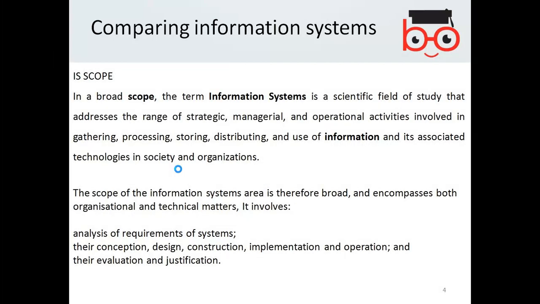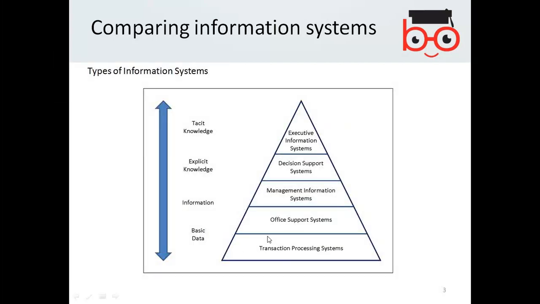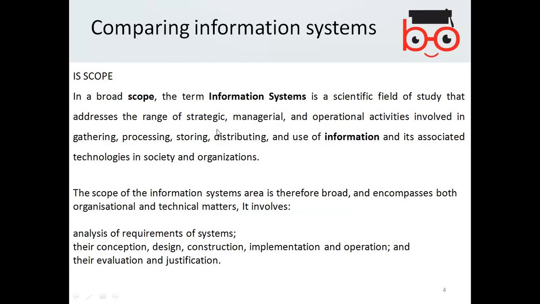So overall, it really depends on which type of organization it is used in and how the scope of the information system should be limited so that relevant information is used and the target is achieved. The scope of the information systems area is therefore broad and encompasses both organizational and technical matters,